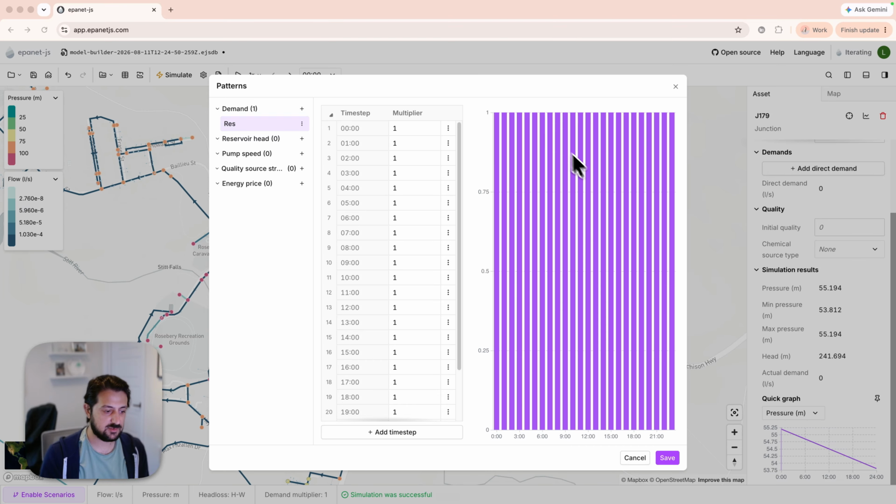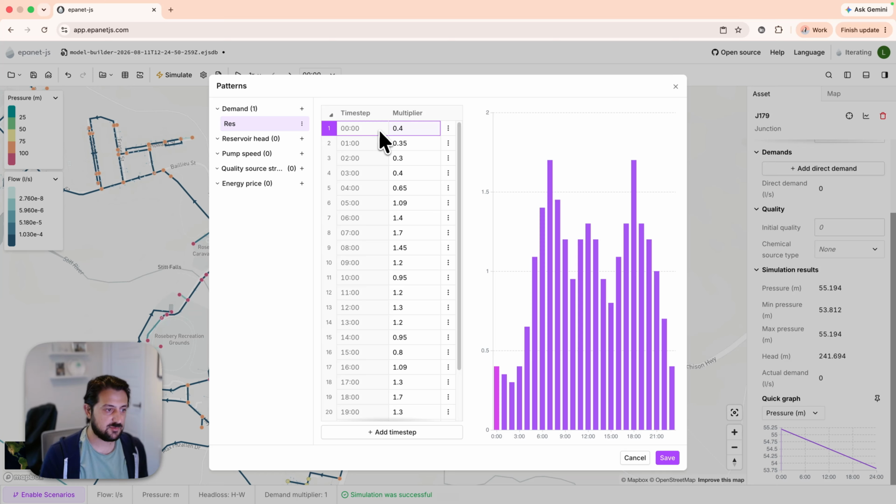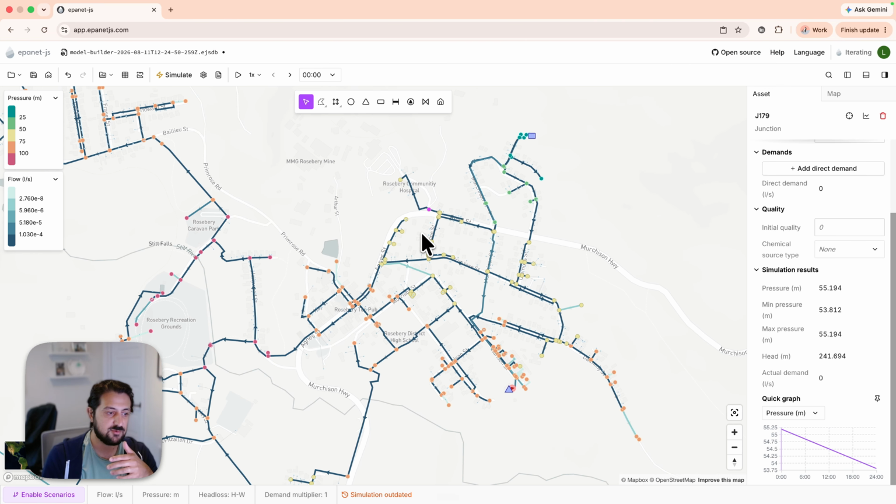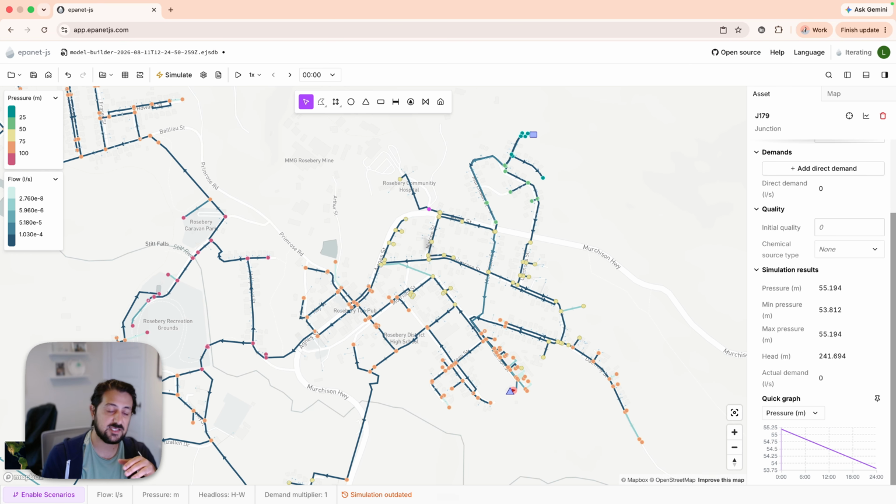You can also come into something like Excel and grab this, but I'm just going to grab this from another model. And I'm just going to copy and paste this value in. Copy and paste some values, and these will be multipliers at different time periods. So they'll take that average value of 1 and bring it either down or up. And you see we have a peaking factor of about 1.7, both in the morning and the evening. We can save this.